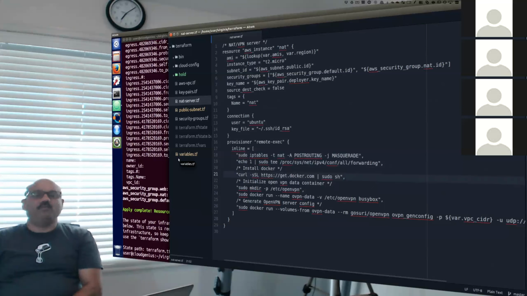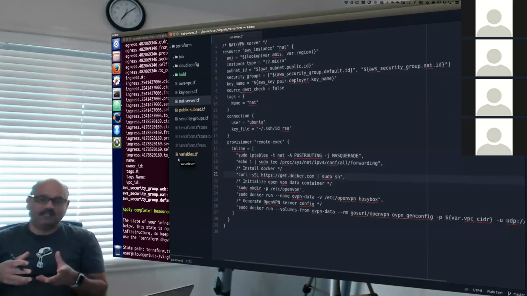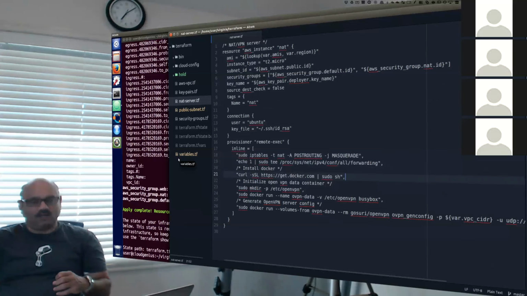Configuring OpenVPN and setting it up is kind of difficult, so we are simplifying our life a little bit and using a Docker container to run a VPN inside our NAT. So we have a Ubuntu box, then we make it a NAT device. On that same box, we are including Docker, and then inside Docker, we are creating a new container. That container, we are going to execute.